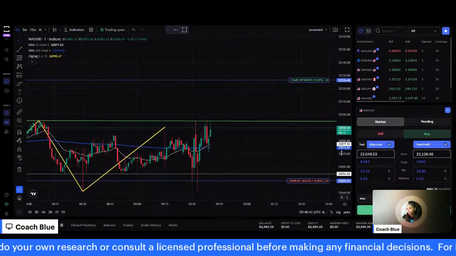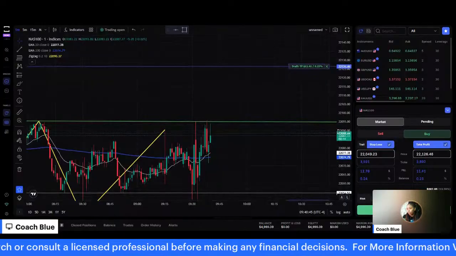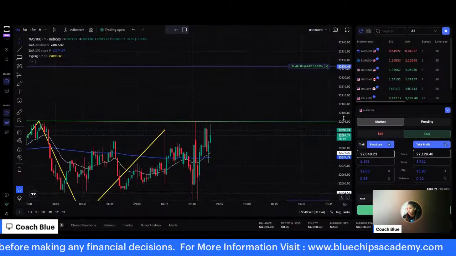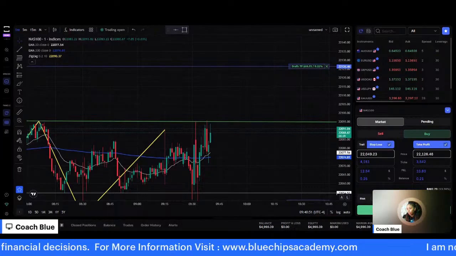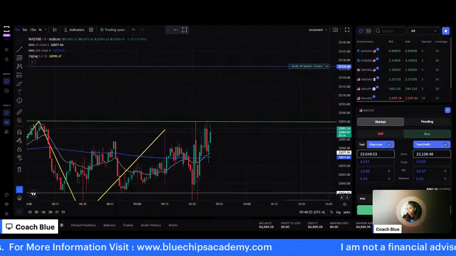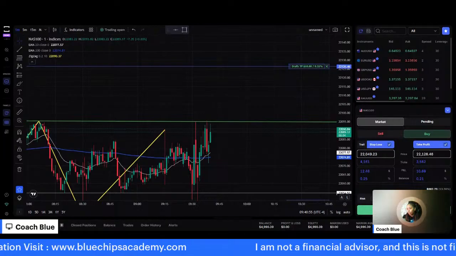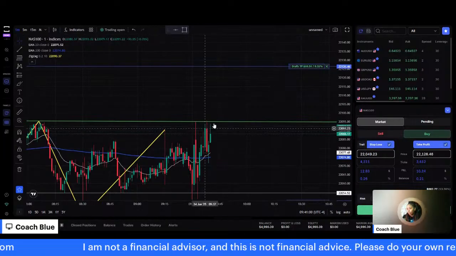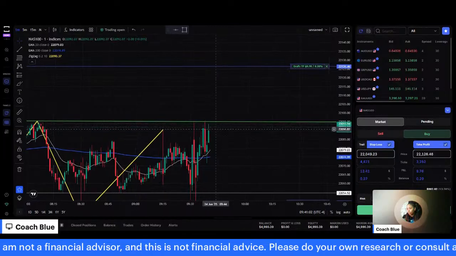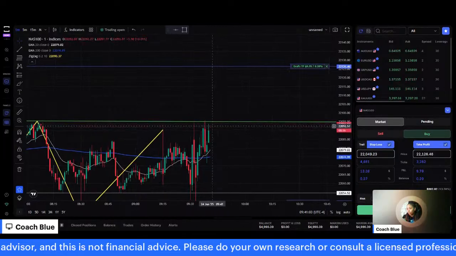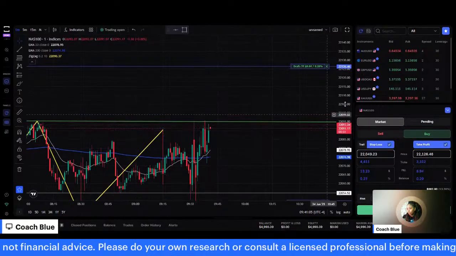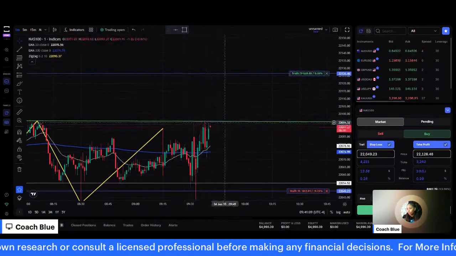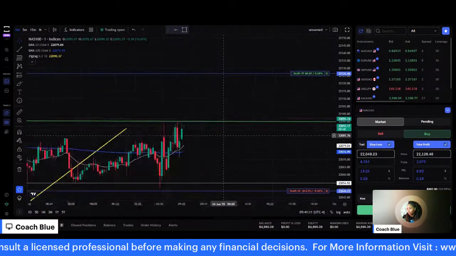Okay, so we have 15 seconds left, and let's see if we can get some opportunity here. Let's see. We're still sitting here. We haven't broken through yet. So let's see if this next candle does it. Let's see. Still sitting beneath this level. No breakout yet, guys. We want that candle.